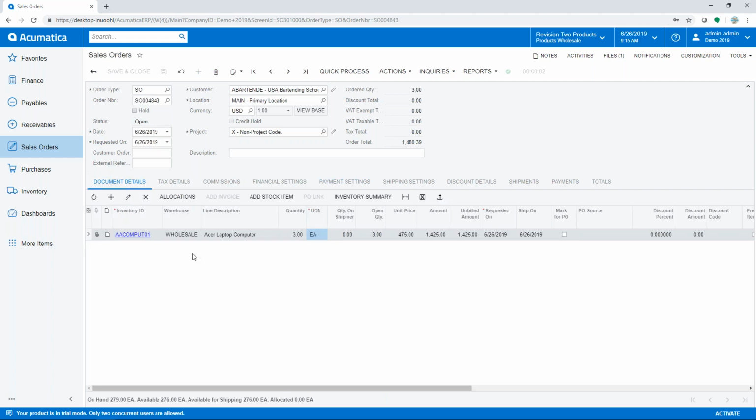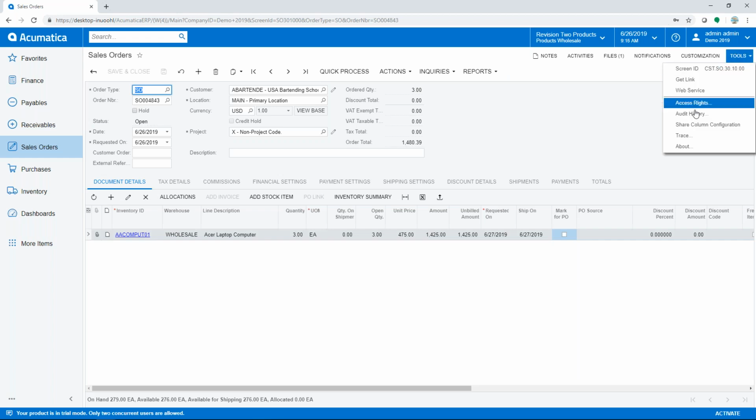Okay, we're going to pop back to document details. So we've gotten their shipment information, their payment information. So maybe our customer says, well, I don't want this shipped today. I need it shipped at a later date. So we can actually change our requested on and ship on date. And Acumatica has functionality to audit those changes. And that's for all fields on many of the different transaction screens. And so if I change the date and I click Save,